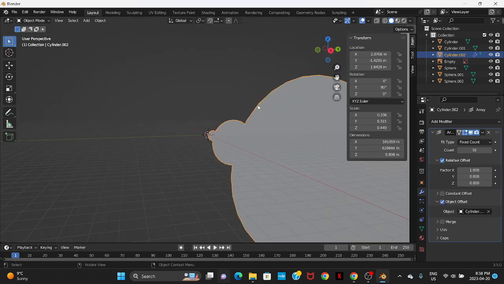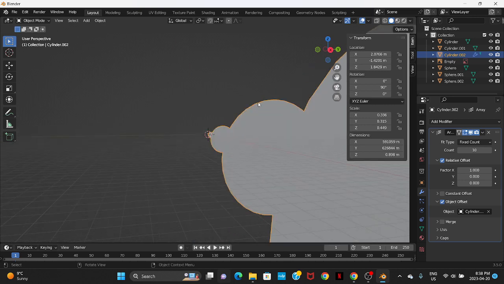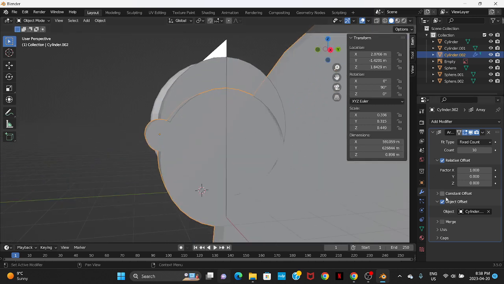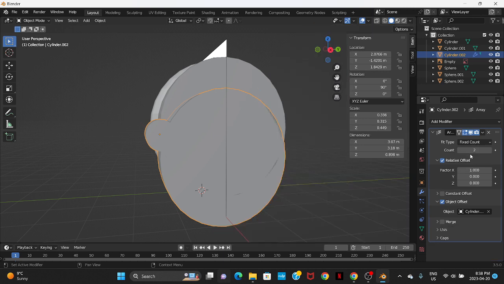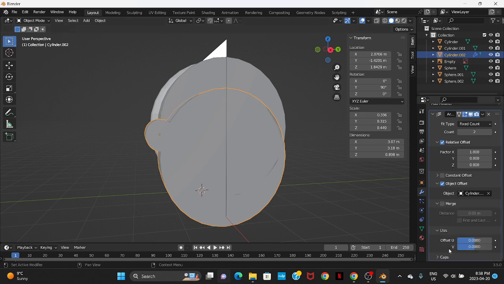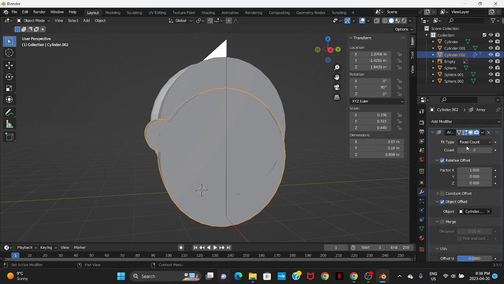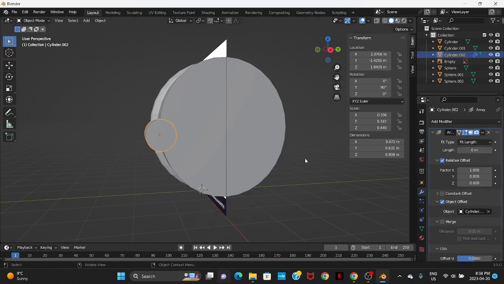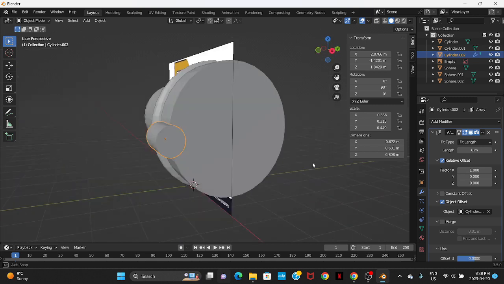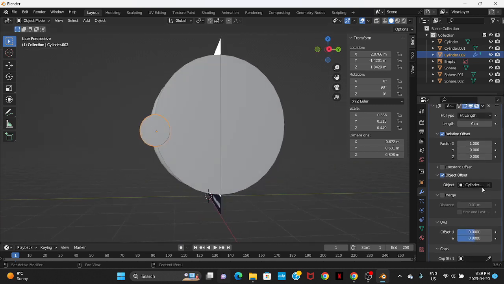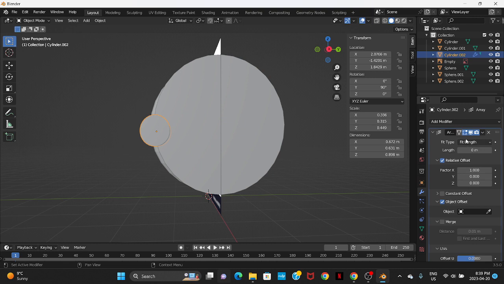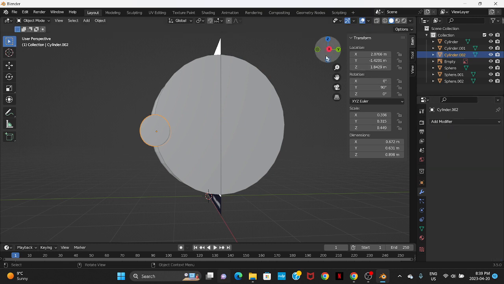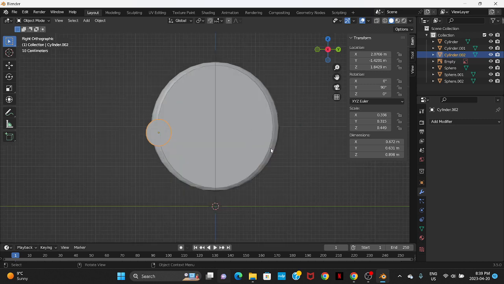Oh boy, what is this? That is definitely not what I expected. Let's see what's going on. Factor X, merge. Let's make it 2. Merge, delete caps. Fixed count, fit length. Let's see. Actually, I don't even need the modifier for this, so I'm just going to